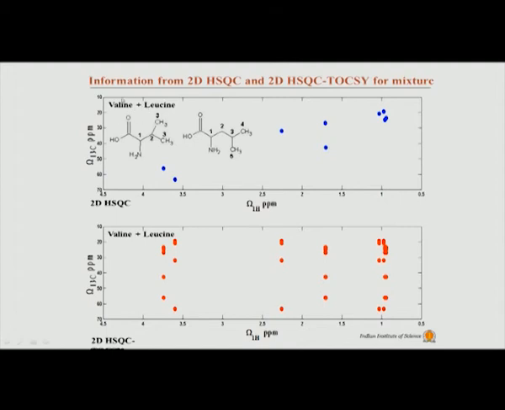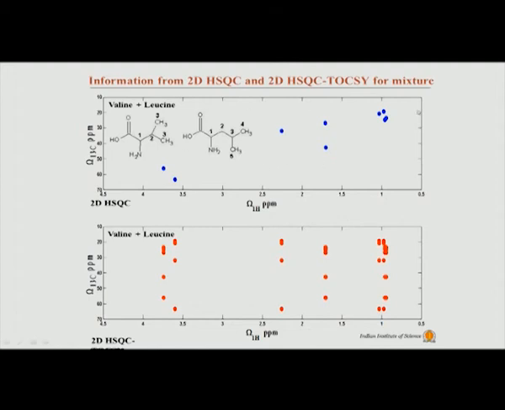Remember, this is different from a dipeptide, because in a dipeptide you will have a connection between the two by a bond known as a peptide bond, and that we will see later down the line. But in this example I have simply mixed the two and there is no direct physical connection in terms of bonds between the two molecules. So, therefore, each is a spin system. Valine denotes one spin system and leucine denotes another spin system. So, let us see how the spectrum will come.